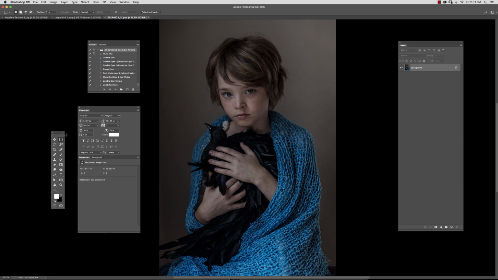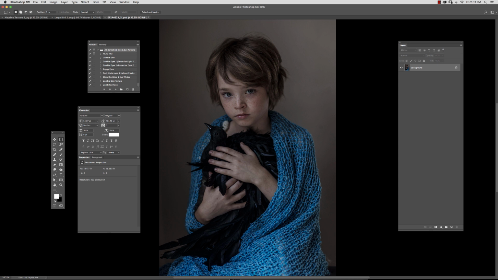Now, I'm going to continue this edit in the More Macabre series, where I'm going to substitute out this Toy Raven's head, and I'm also going to add a textured background, but those will be in a different video. Right now, we're just going to focus on the skin and the eyes to make my dear little middle child